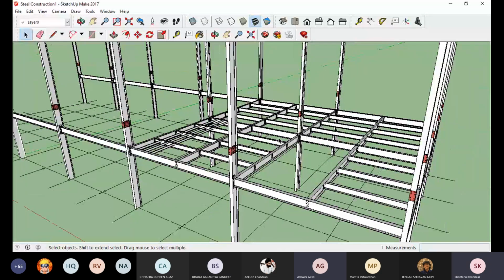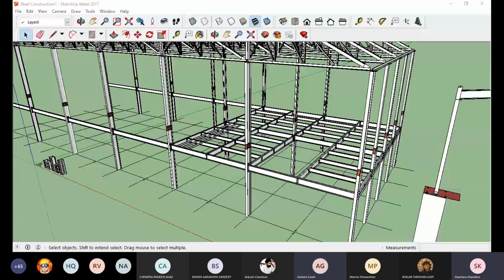Anybody else? Okay, all right, fine. So I think that's it for this lecture, unless any other faculty wants to make any comments. Yeah, Mamta. Great, Shantanu. Thank you for that, because we've been doing a couple of classes on shear connection, moment connection, etc. But this kind of demonstration really helped. Thank you.